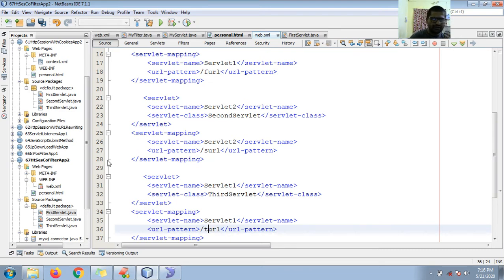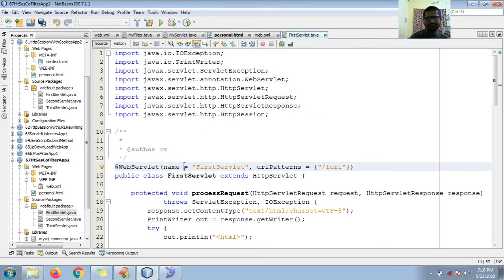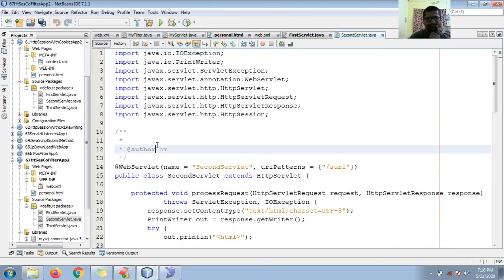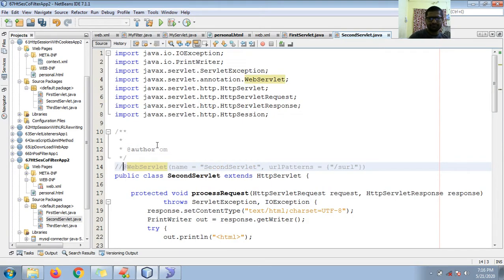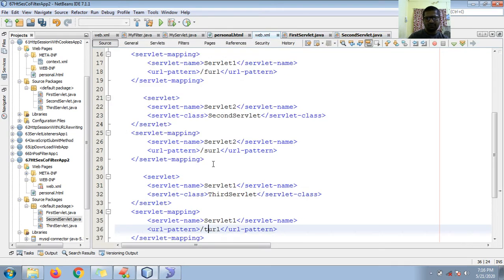Okay, fine. So this is my first servlet. I'm not interested in using this annotation. Second servlet, SURL, second servlet. Go to the web.xml file. So this is the second servlet, and this is your third servlet, TURL. So this must be third.